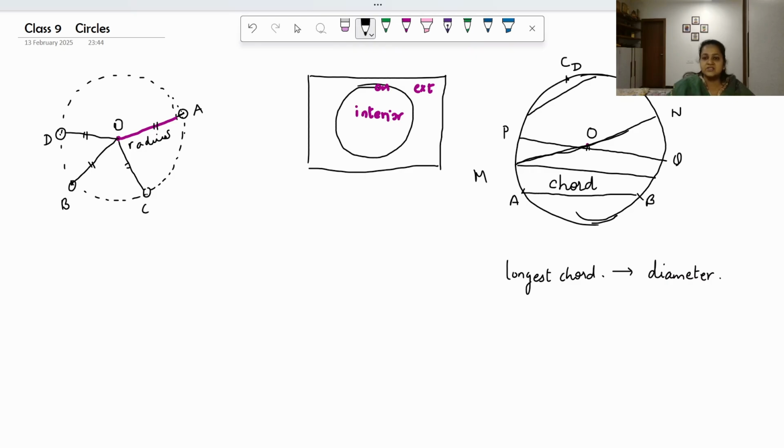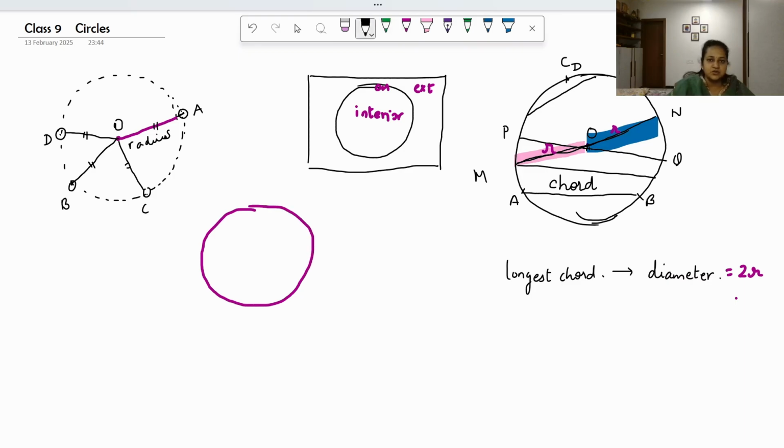It's a chord and it is the longest chord. If I look at the diameter part, we see it is made up of two parts and both of them are called the radii. So we have radius and radius. So we can say diameter is nothing but 2 times radius. Am I understood? Further moving on, if this is a circle again,